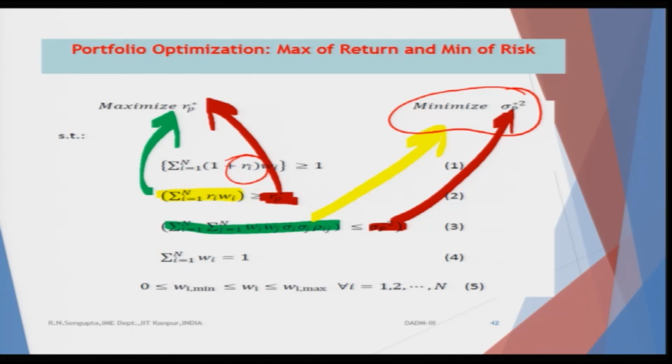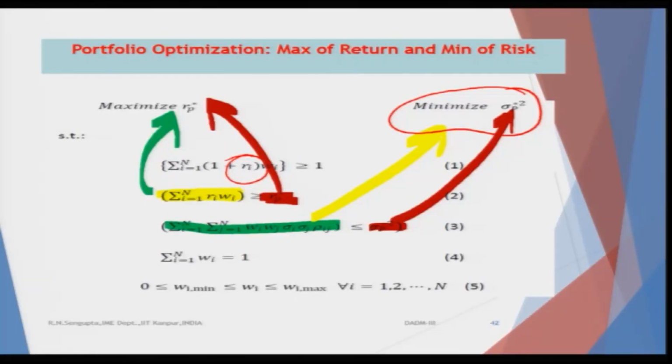So, we will ensure in this case the yellow highlighted ones means the portfolio actual returns is greater than RP star, as it should be, because I want to ensure the return of the portfolio is over a fixed value, which may be market dependent, may be depending on my uncertainty, may be depending on my concept of utility, whatever it is. Me means I am the investor.